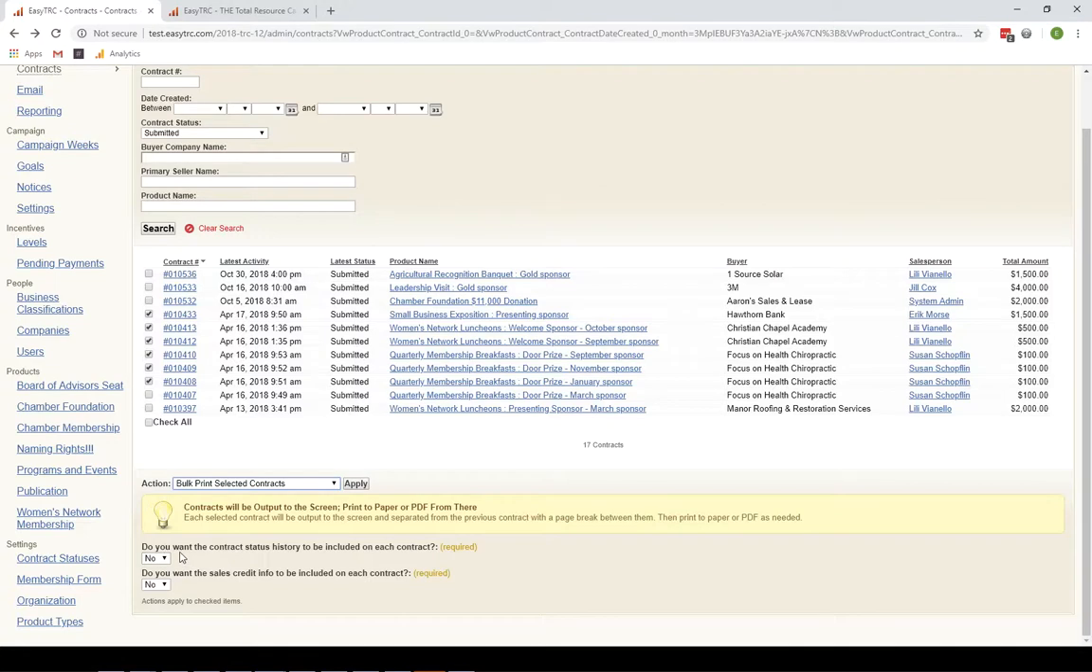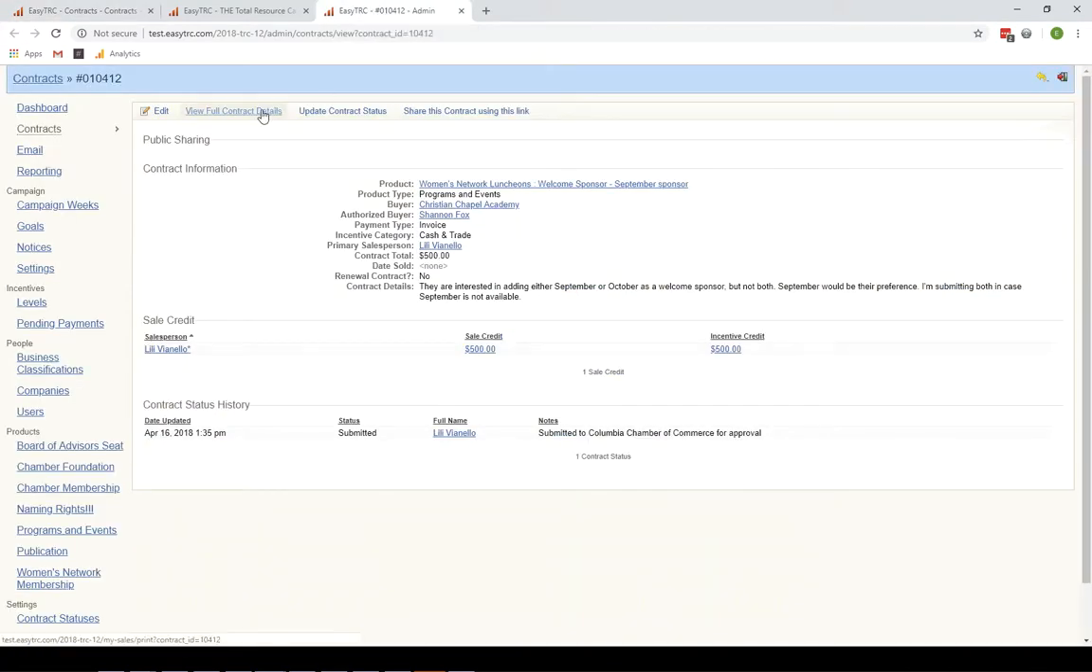And then, do you want the contract status history to be included on each contract? Do you want the sales credit history to be included on each contract? Great question. So let me just dive into one of these real fast and show you the more detailed, nuanced parts of the